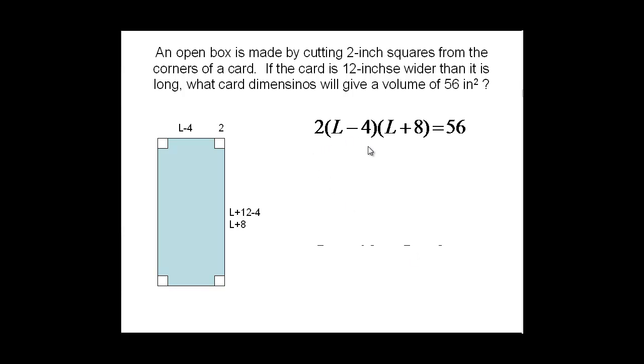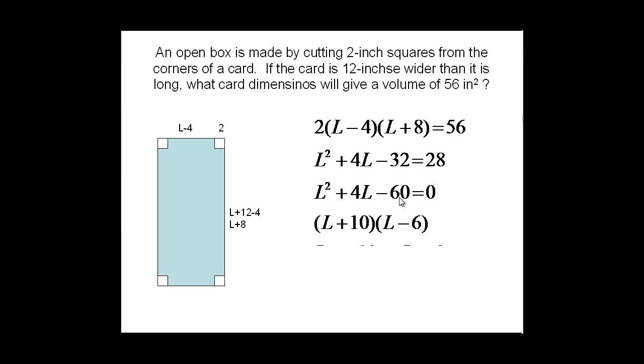So it's 2 times L minus 4 times L plus 8 has to equal 56. Okay, if you move the 2 over by dividing by 2, and you multiply L times L is L squared, 8 minus 4 is 4L, minus 32, equals 28. Okay, if you move the 28 across, let's see if we can factor this. You get L squared plus 4L minus 60 is equal to 0. And that should factor. 60 is 10 times 6, and 10 minus 6 is 4. So if you solve this, you'll get negative 10 and positive 6. Now you cannot have a negative 10 for a length. So if your length is 6,